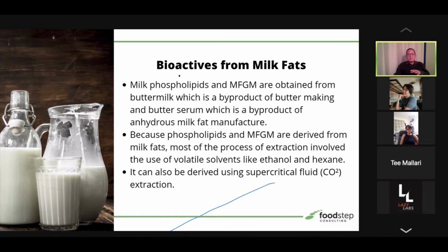So in New Zealand and in other developed countries, they now derive phospholipids by using supercritical fluid extraction. So this is still an advanced process as well, wherein they use CO2, carbon dioxide, in a special chamber. In the supercritical state of CO2, inside the tank, CO2 will exist as liquid. Then if you